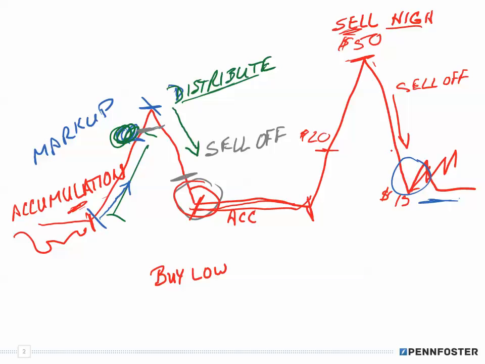Well, now it comes down to 20, and they're disheartened, but they're not emotionally wrecked yet, and the price goes down to 15, and now they're like, oh, I'm losing money, I'm losing money, but they're still not willing to sell, and the price will end up going up, and they'll get a little bit happy, and it'll come down again, and they'll get disheartened, and up and down and up and down until they can't stand it anymore, and that's why it's called a shakeout, because they can't take those emotional swings, and